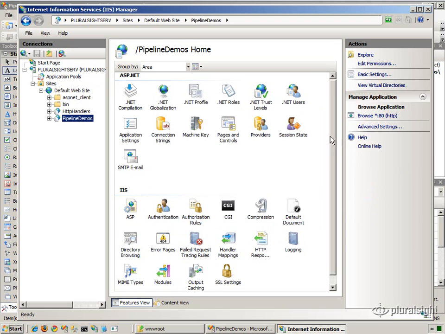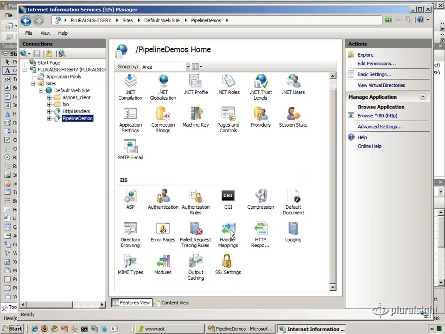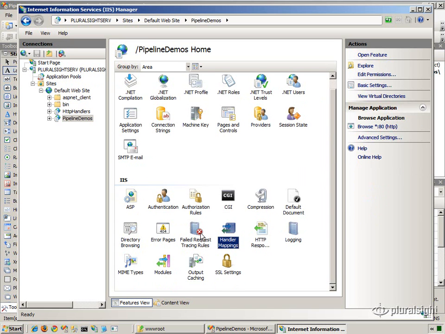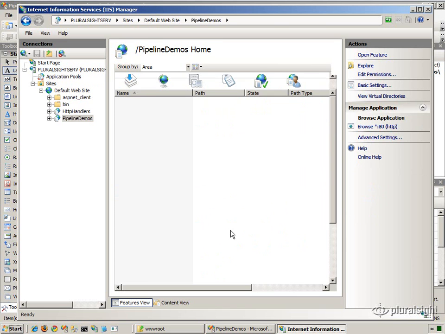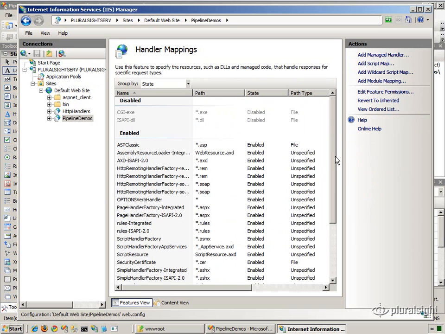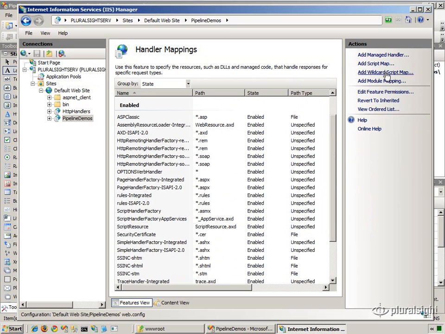And what we now need to do is go in and configure the handler mappings. So just like you would have configured a script map entry in IIS6 or earlier, we configure a handler mapping in IIS7. And we're going to add a managed handler mapping so that we can map CSV requests onto our custom